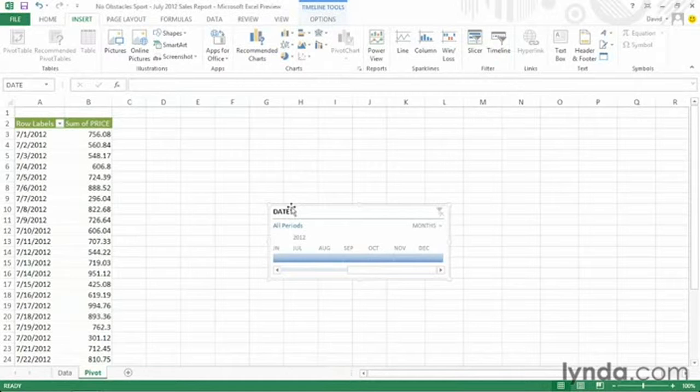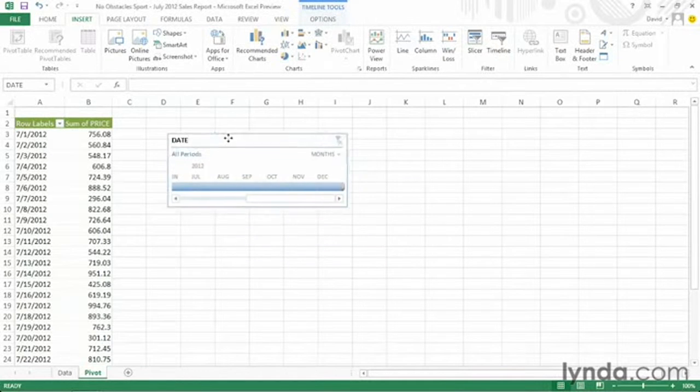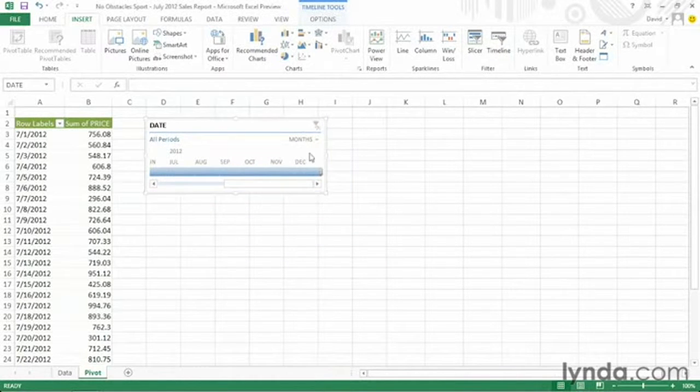And that actually inserts our Timeline filter, which we can move around, which we can size by clicking and dragging the handles if you want to. And you'll notice that by default we're looking at various periods. Now if we go to July, nothing changes over here on the left-hand side because every one of those dates is in July. So wouldn't it be nice if we could filter, be more specific by clicking the drop-down here